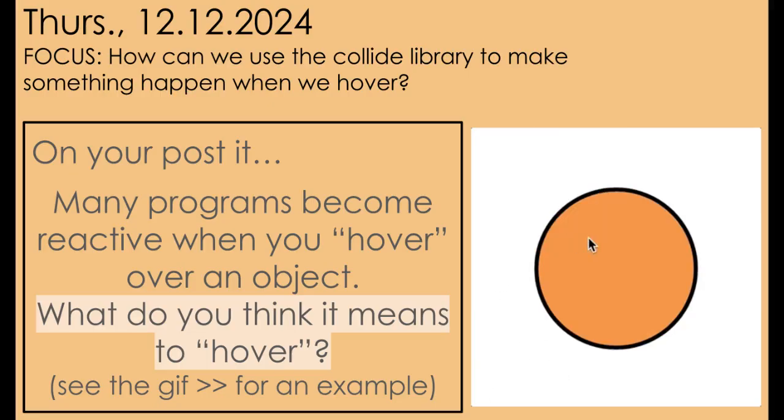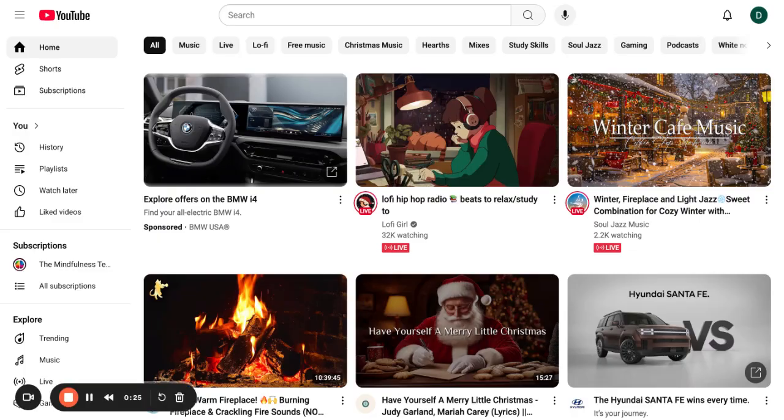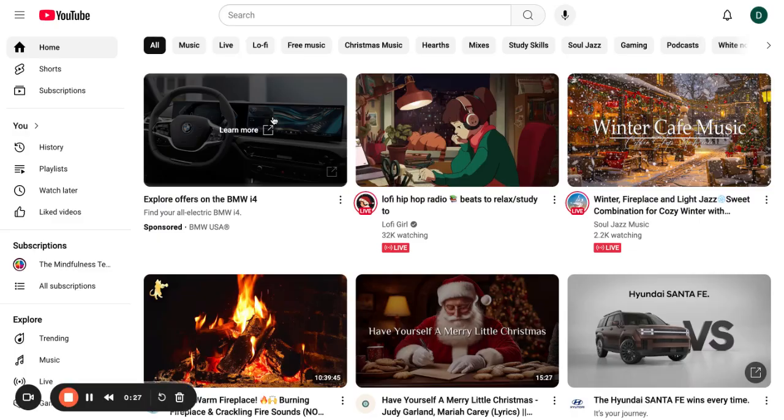Many programs become reactive when you hover over an object. What do you think it means to hover? You can see my mouse is hovering over the ellipse, the stroke weight is getting thicker, and the color is getting darker. Similarly, if you go to YouTube and you hover over a video,